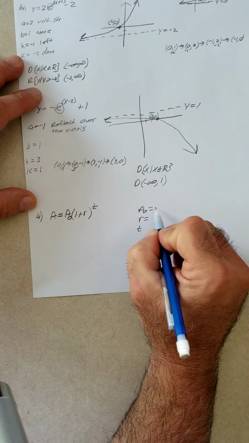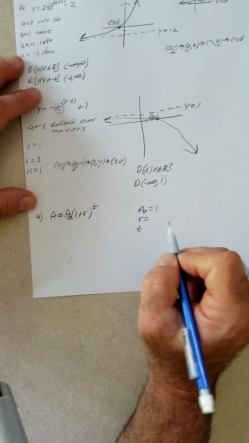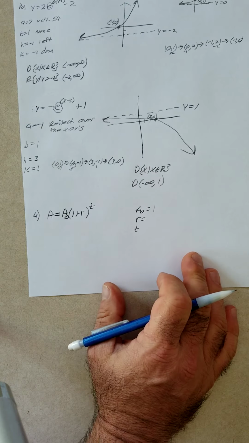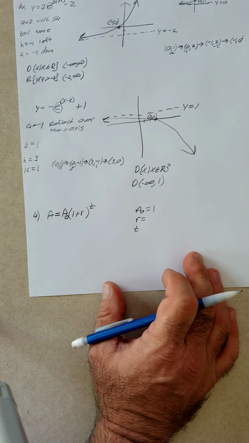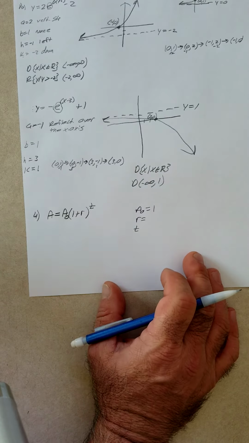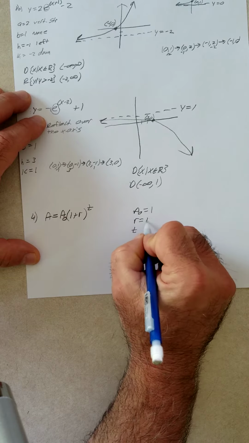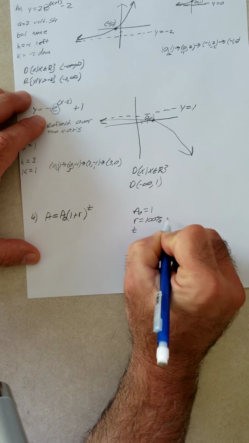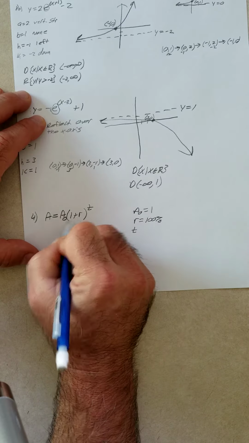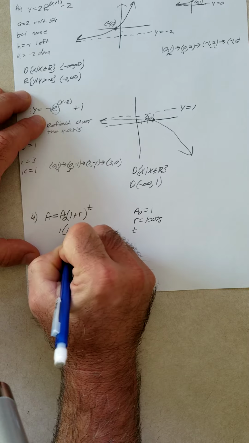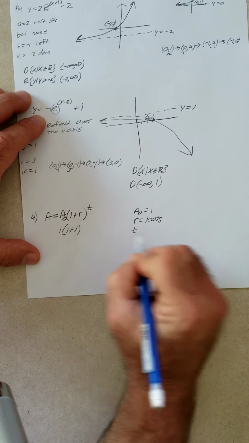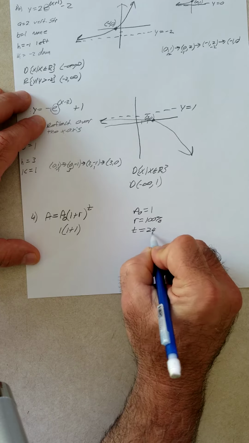A sub 0 is equal to the beginning amount. We have 1 bacteria, I believe, that we started with. And the rate. Now, there doesn't say anything here about a rate. It says it doubles every hour. Well, if it doubles every hour, you're going to get 100% more bacteria every hour. So the rate, we're going to put in a 1. And of course, time is going to be 24 hours